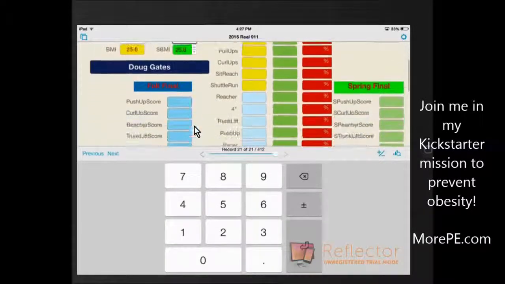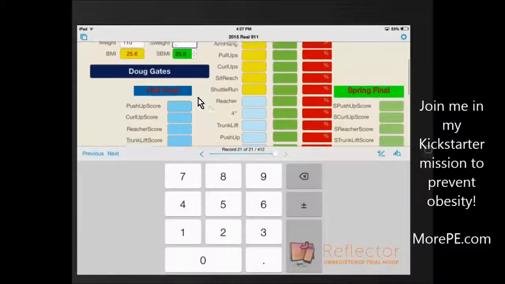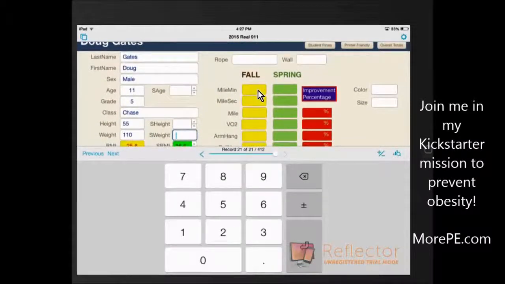So this is what the rest of this page looks like, at least from my view. Now I have fall finals and spring finals because this is where I have it convert to the numbers I need for the state to know whether they score a 1, 2, or 3 that my state requires here in Ohio. Now, to enter data, this is the view I always use to enter data because it's real easy,